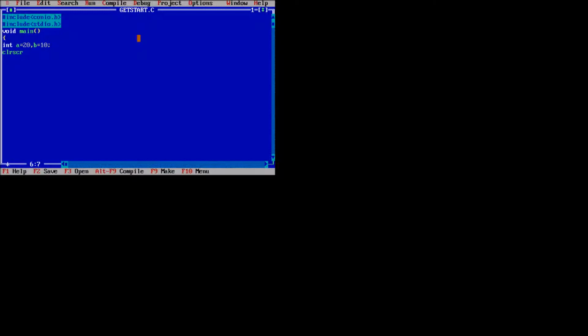It does not change. clrscr is used to clear the screen.